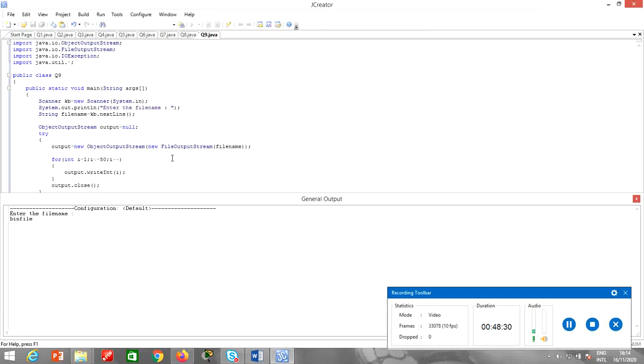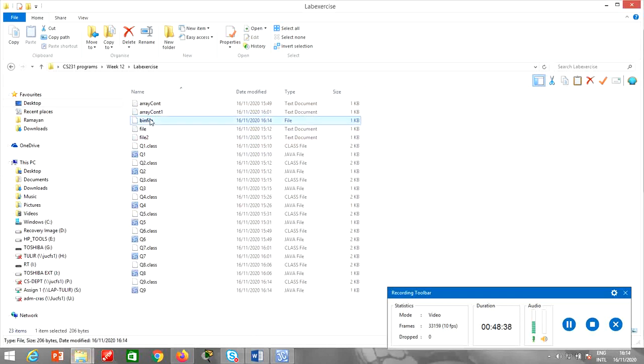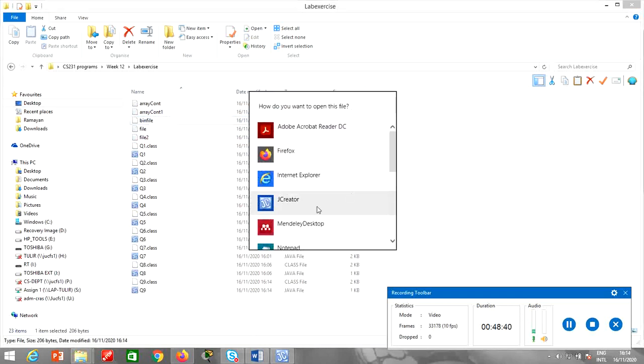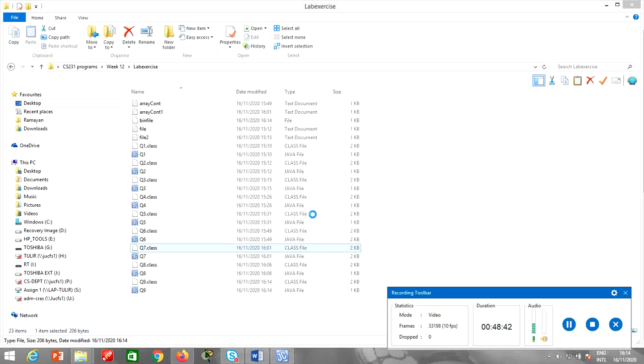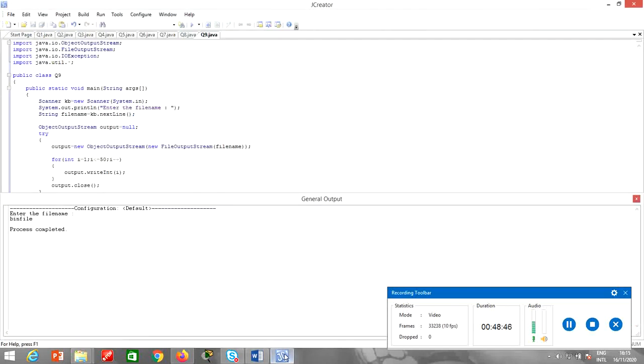Okay, I did not give any message that writing is done or not done, so let's just check it. Bin file has been created. Okay, I will open it with the notepad. I can't read it. Right, so now we will read it in another program,